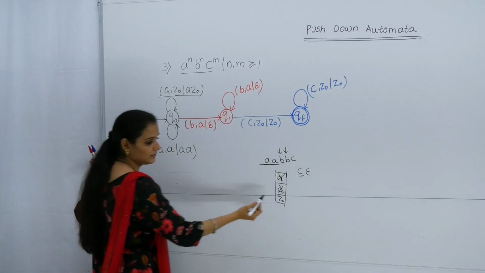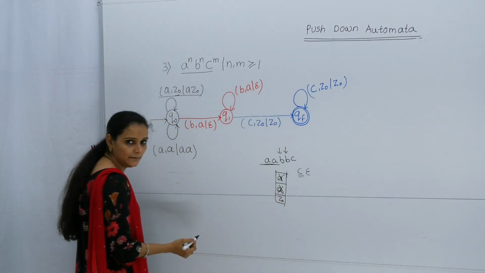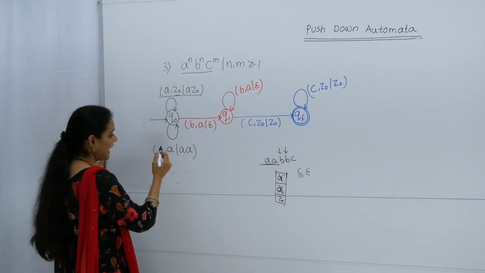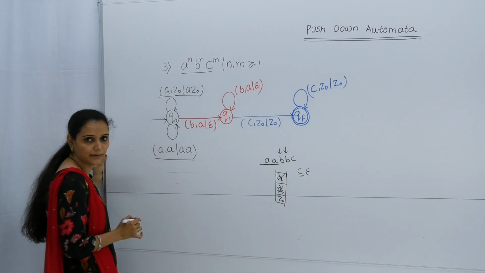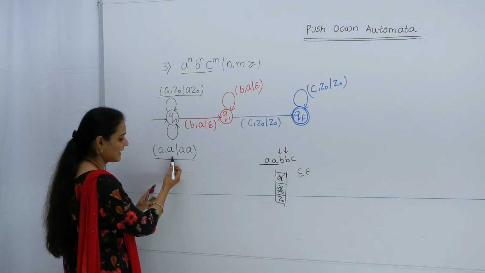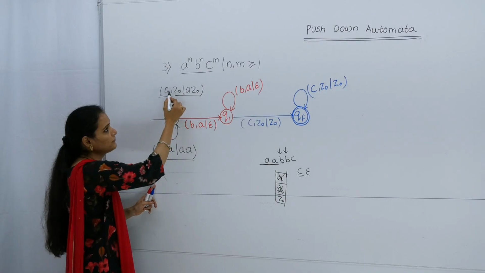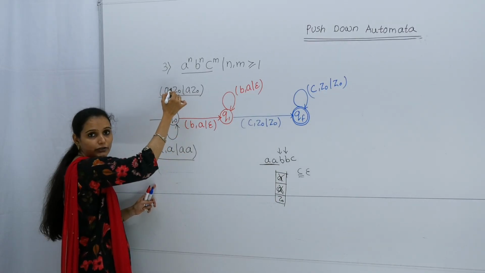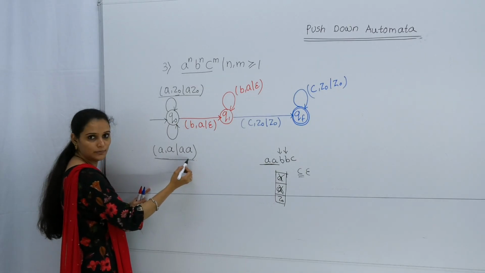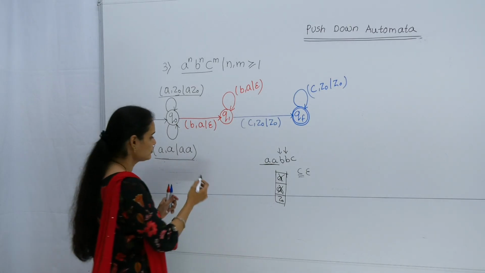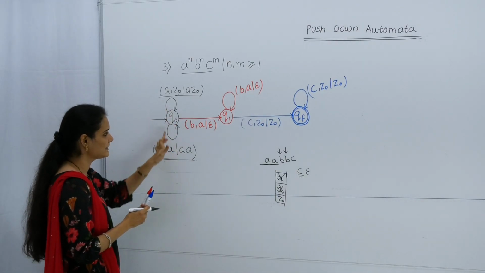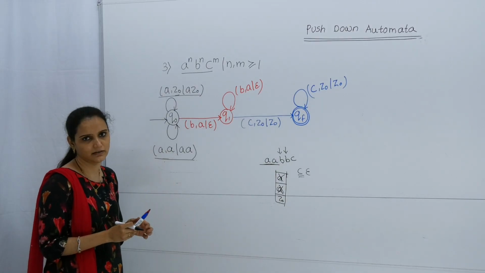Next, after we have pushed the first a, the second, third, fourth and onwards a's are pushed into the stack by using this other condition. Because the input symbol is a and the top of the stack at that time is a, since we entered the first a by the earlier condition. So the second onward a's are pushed by this condition. This second loop is executed until we obtain the first b.